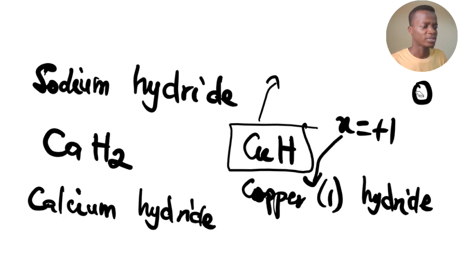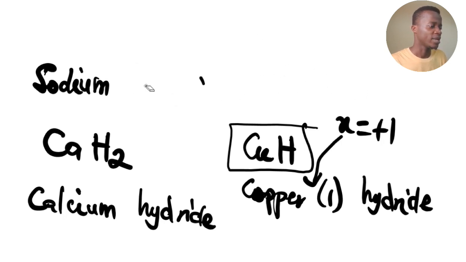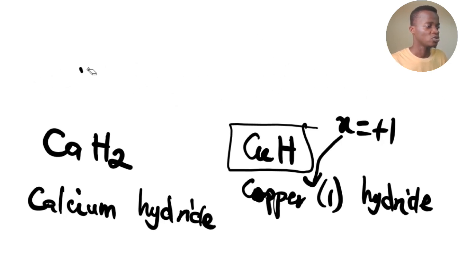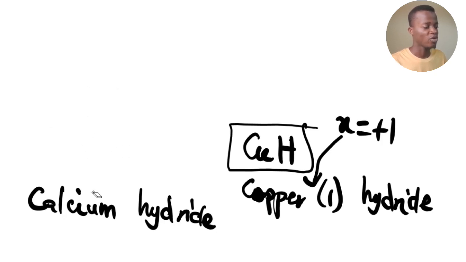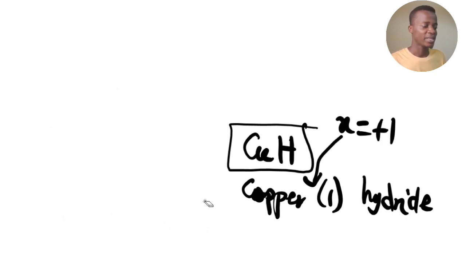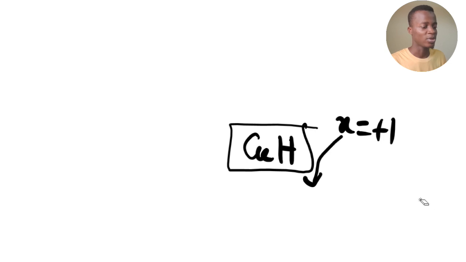Now let's talk about when it is in a bond with the other one, the non-metal. If it's in a bond with a non-metal, it acts as the metal part, like how we did it. But you don't calculate the oxidation state for the hydrogen. No, you don't do that. So something like